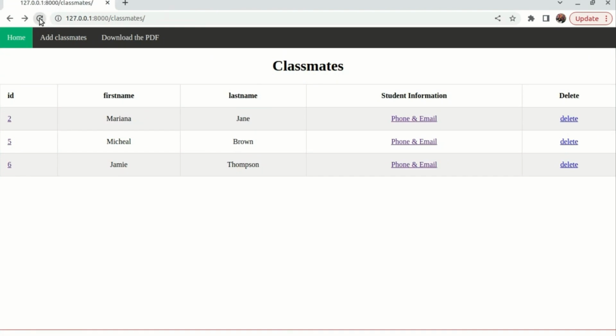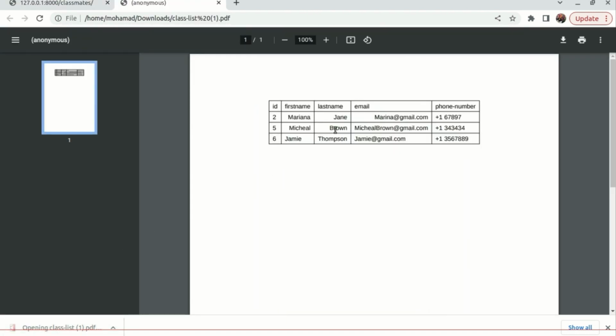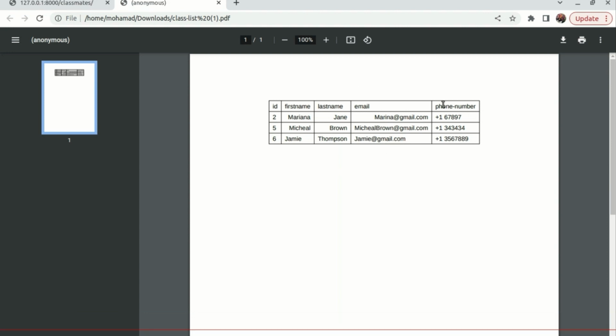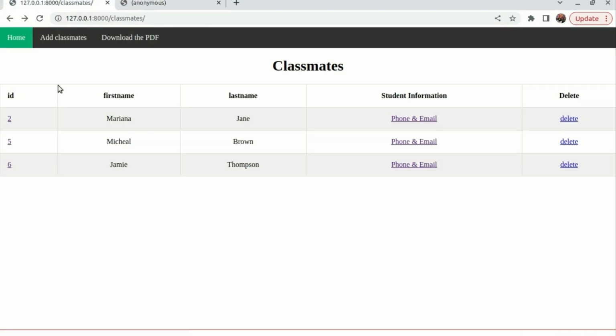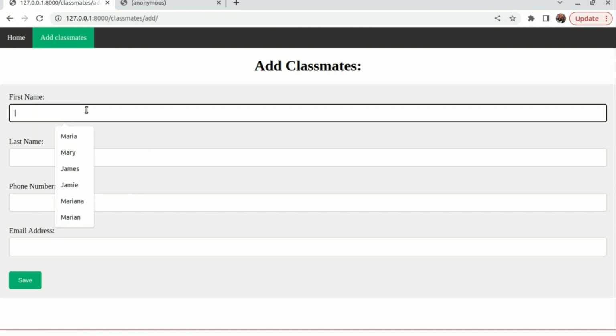So refresh our page and download the PDF. So this one, as you can see in this one, we have the first names, the last names, the emails and the phone numbers and the IDs. And if you complete your table and add other members, you will be able to see that your PDF will also be updated. So here, if I add other classmates, so for example, add classmates, so first name